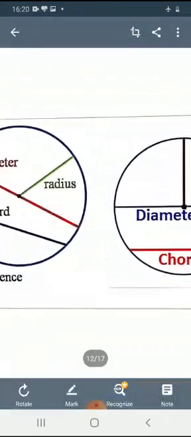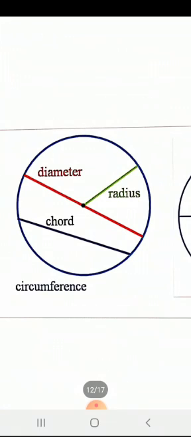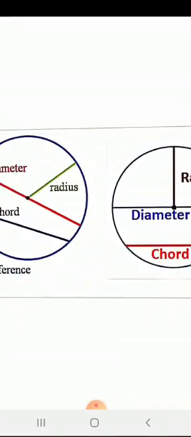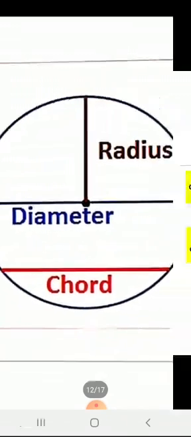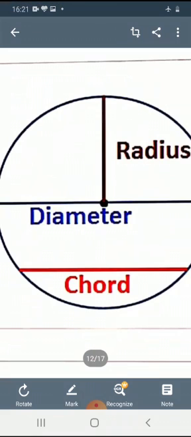Now I am drawing in one circle the radius, diameter, chord and circumference. See here, the green line is the radius. It passes from the center to another point of the circle. The red line is the diameter, denoted by the letter D. The red line passes through the center of the circle. Now see the chord. It goes from one end to the other end of the circle. The length of the circle we call the circumference. Now see the other picture. In a different way we have taken the radius from the center to the other part, and the straight ones: that is radius, diameter, chord.